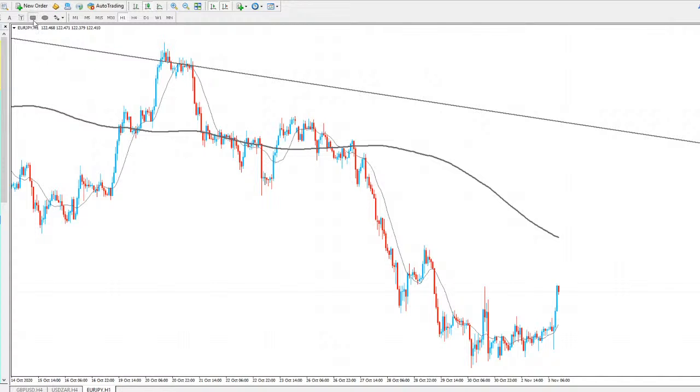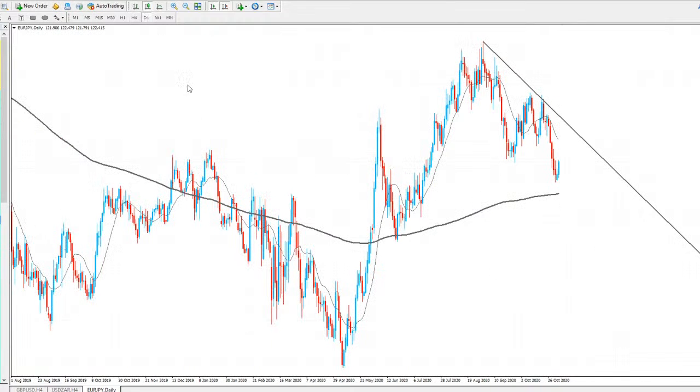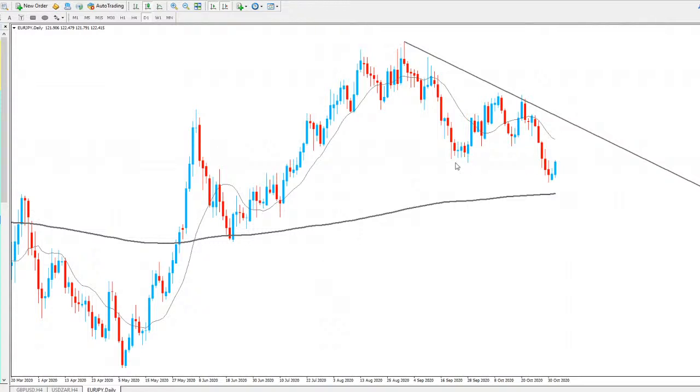Probably get a nice move to this area at least from an hourly perspective. 4-hour can probably target a little bit further. Again, you could probably get the best trade possible, a move to go and test the trend line up there. But yeah, we are looking bullish. Did break that area of support, so again, that's probably the only worry about this market at the moment, because again, strong area of support,